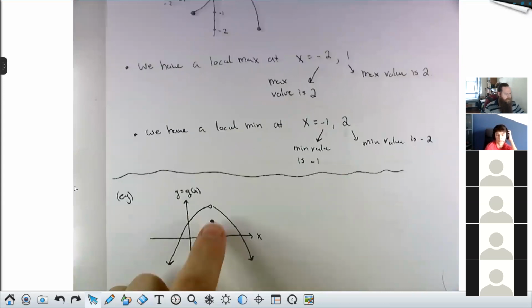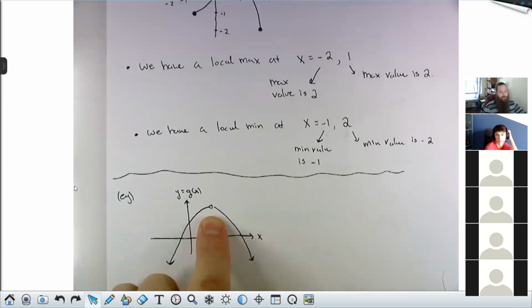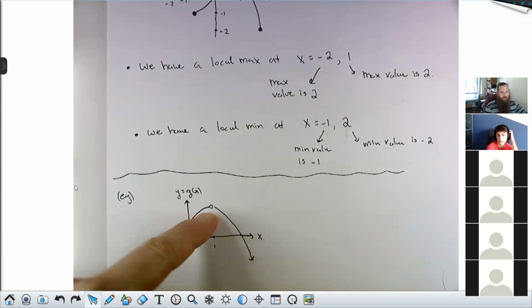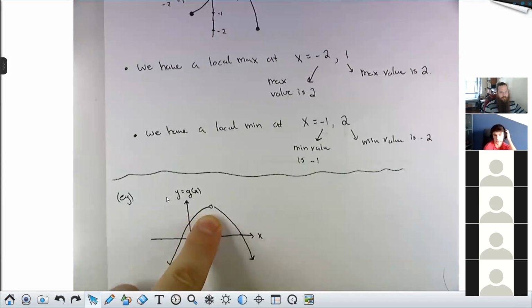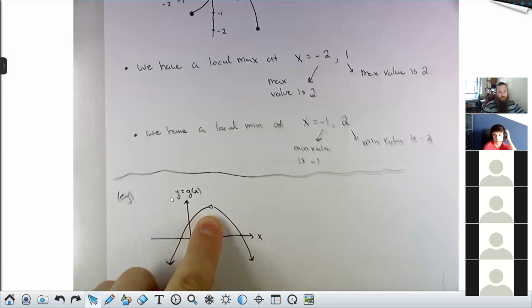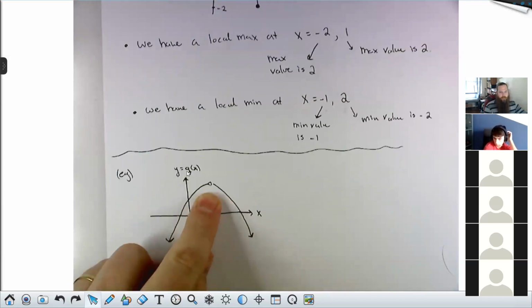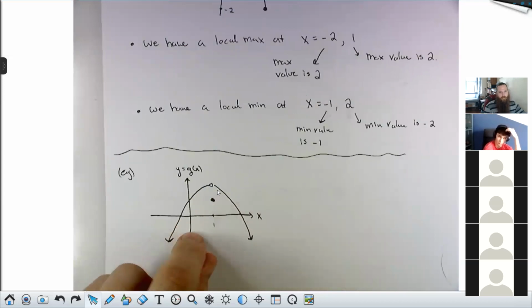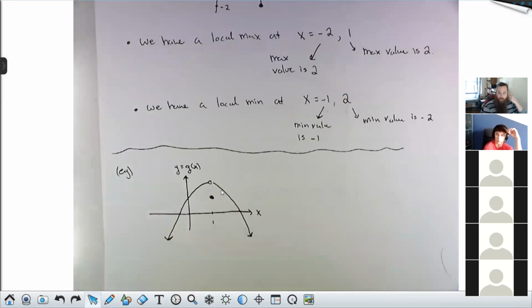So let's first pretend like this dot isn't here. Without that dot there, what's going on at 1? Nothing. Perfect. Without that filled in dot there, there is no function value at x equals 1. g of 1 is undefined. 1 isn't even in the domain. So without this dot,